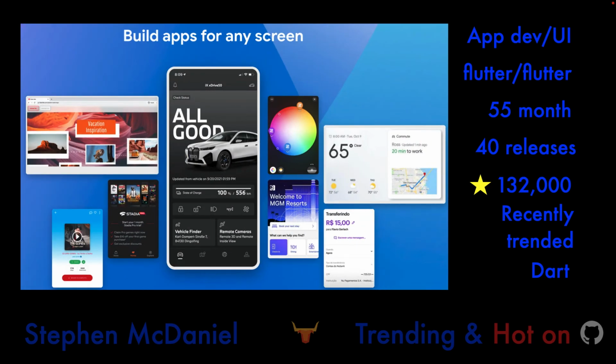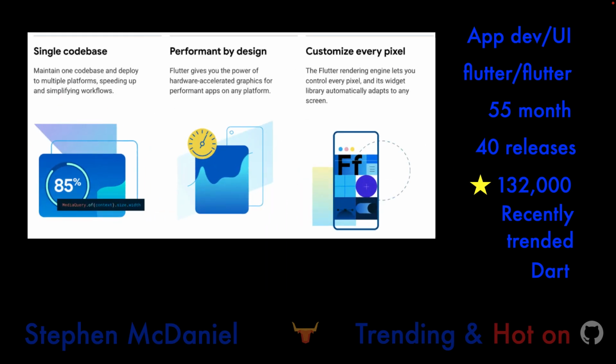So you can build apps for any screen from a single code base. If you've tried doing this, you can see how powerful that is, how important that is, and of course, they're going for pixel-perfect appearance, interactions, a nice Material UI kind of interface. So from a single code base, develop and deploy to multiple platforms. And it's extremely high performance, and it's able to customize down to the pixel, so you're not limited like some of the applications I've tried dealing with in the past, where you can't quite get the customization you're looking for on different devices.